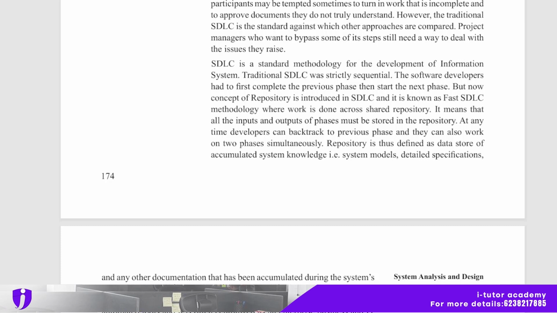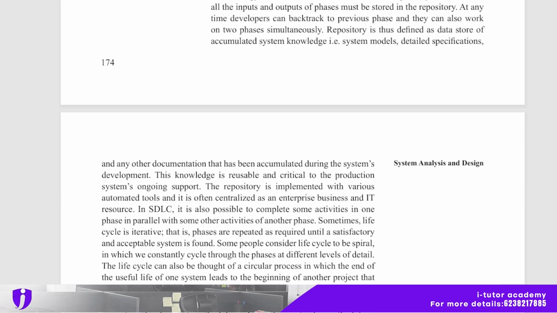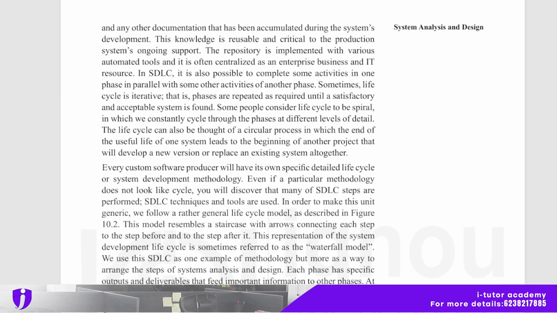And repository is thus defined as a data store of accumulated system knowledge, system models, detailed specifications, and any other documentation that has been accumulated during the system's development. And this knowledge is reusable and critical to the production system's ongoing support. The repository is implemented with various automated tools, and it is often centralized as an enterprise business and IT resource. In SDLC, it is also possible to complete some activities in one phase in parallel with some other activities